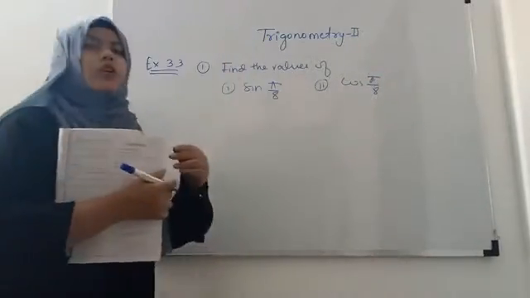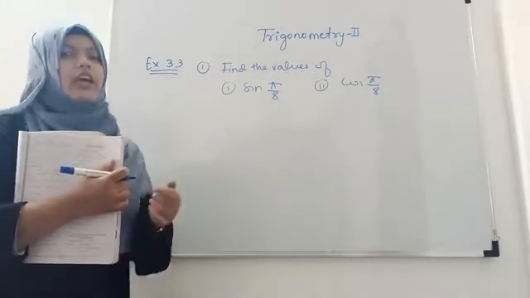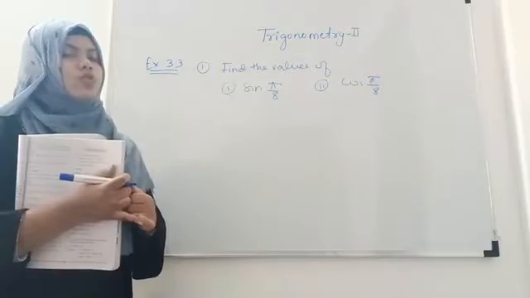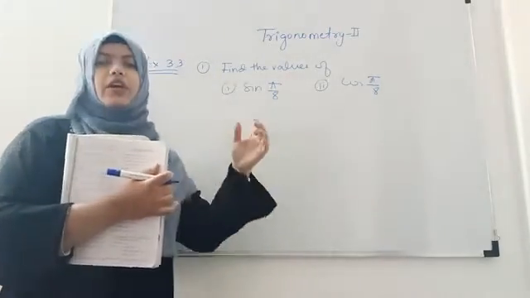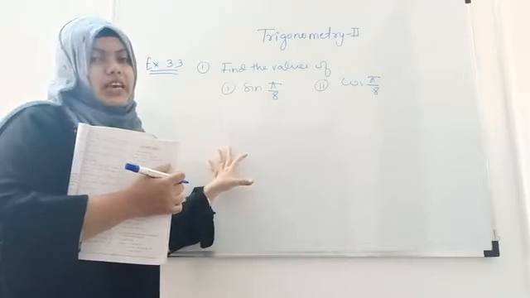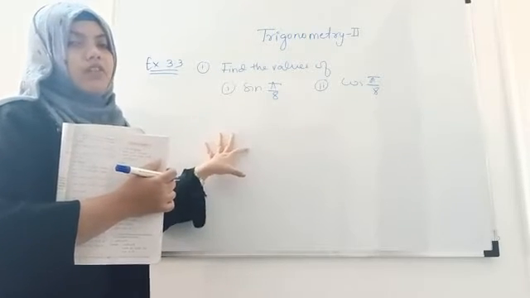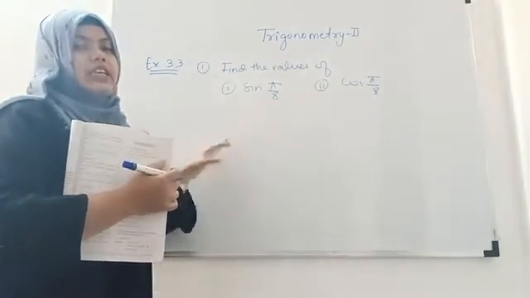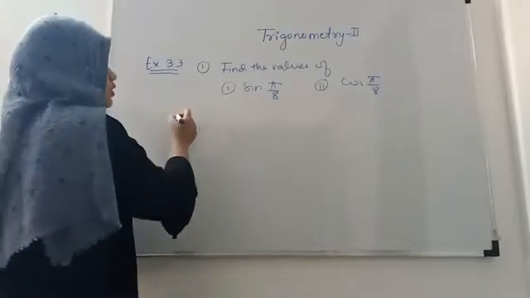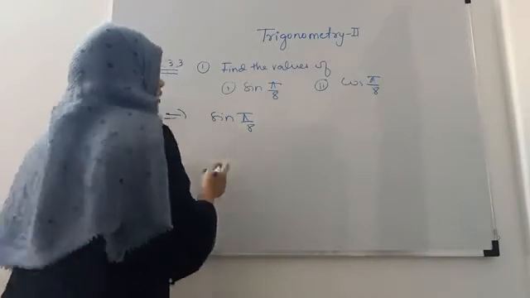See, I have solved 3-4 problems from the solved problems, and the rest are all for your homework. They are very easy. Just go through them and try to solve them. Today we will start, and we will solve some problems from the exercise, and the remaining problems which we have not covered in the class are for your homework. So here the first question is sine pi upon 8.